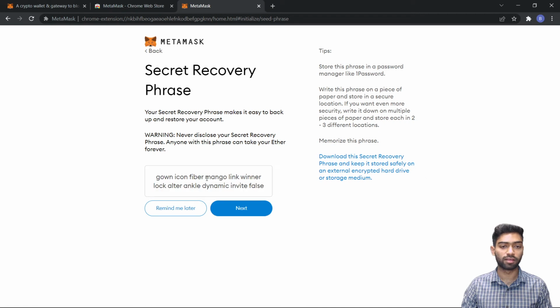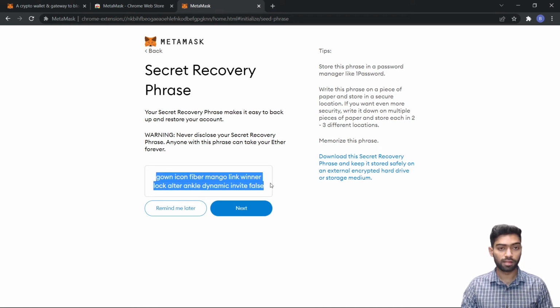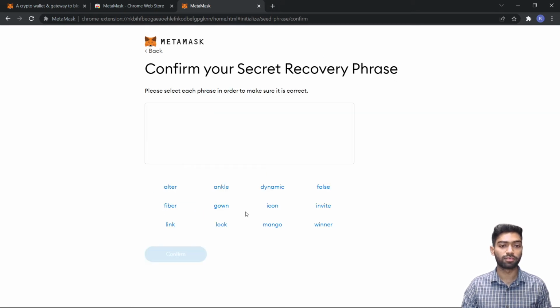Now I click on reveal secret words. So you can see that it is giving me this particular type of words. I will click on next. Now you need to type the words in the order or the sequence in which they were generated during the secret recovery phrase. So the first word that was generated was gown. So I'll click on gown, then icon, then fiber,